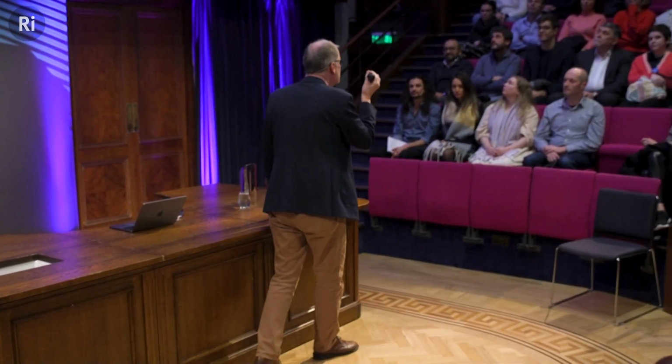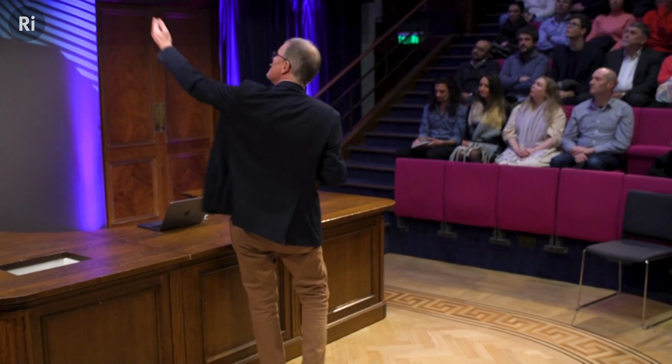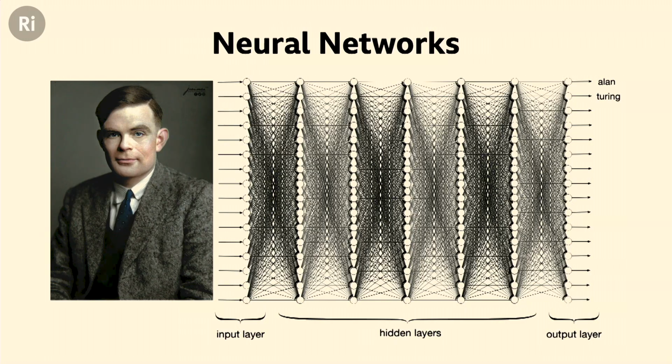Okay, and each of those neurons is doing a tiny, very, very simple pattern recognition task. That neuron is looking for a very, very simple pattern, and when it sees that pattern, it sends a signal to its connections. It sends a signal to all the other neurons that it's connected to. So how does that get us to recognizing the face of Alan Turing? So Turing's picture, as we know, a digital picture, is made up of millions of colored dots, the pixels. Your smartphone maybe has 12 megapixels, 12 million colored dots making up that picture. Okay, so Turing's picture there is made up of millions and millions of colored dots.